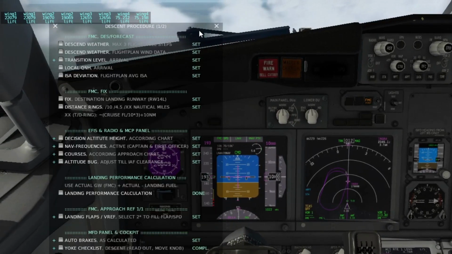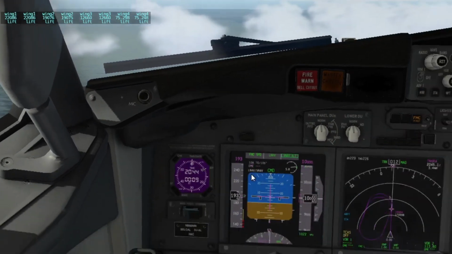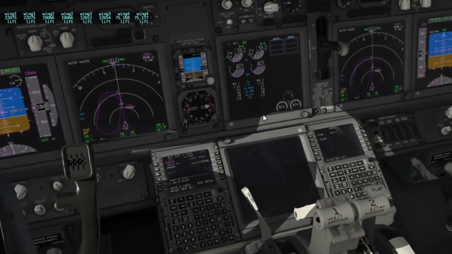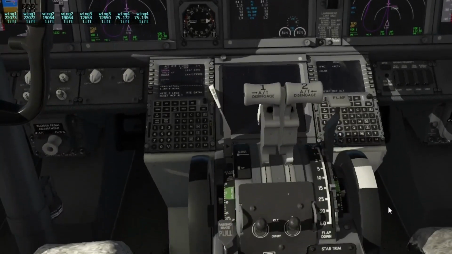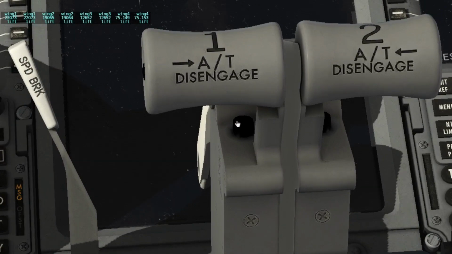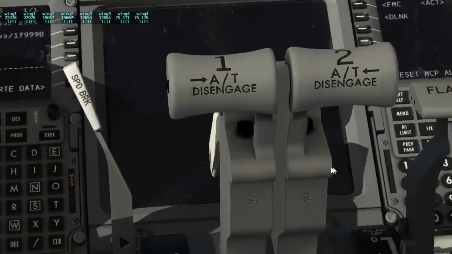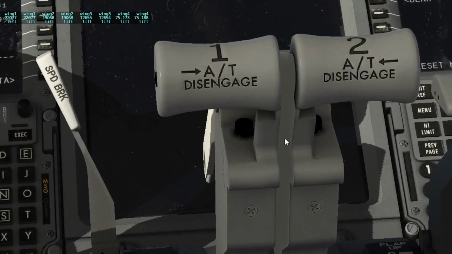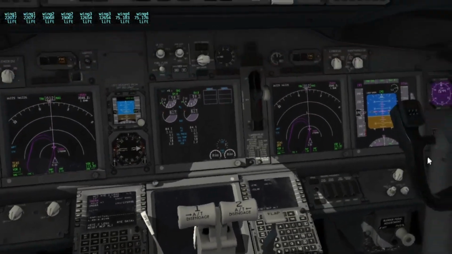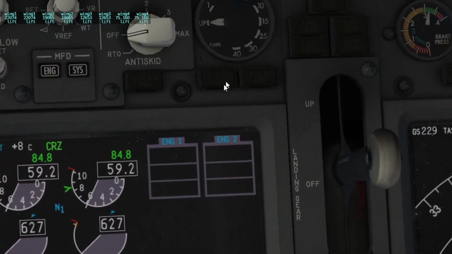Pilot flying will push the TOGA switch, which is one of the buttons located down here, and that'll place the airplane in go-around mode. There are two TOGA buttons, one on each side of the throttle. Either one of them can put the airplane in go-around mode. And then he will simultaneously announce go-around, flaps,